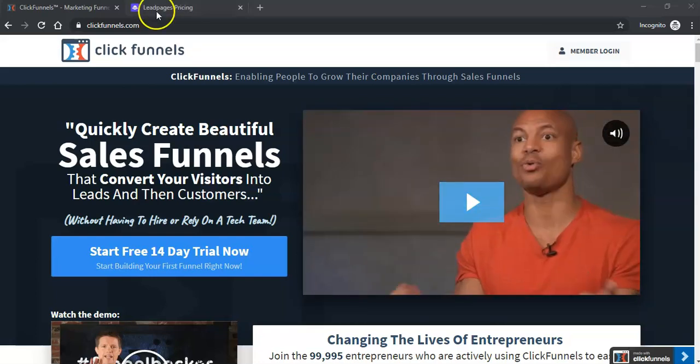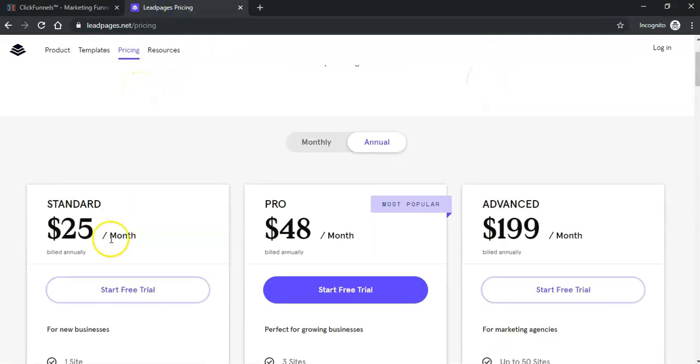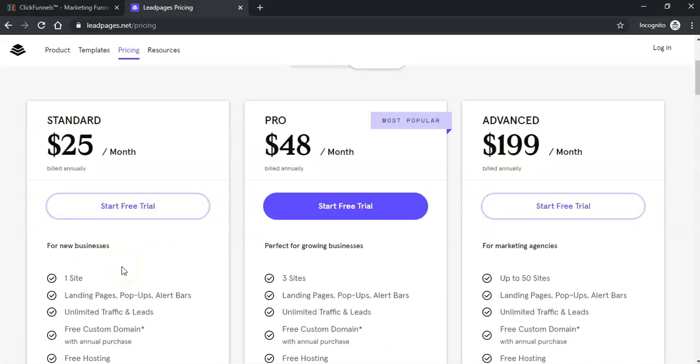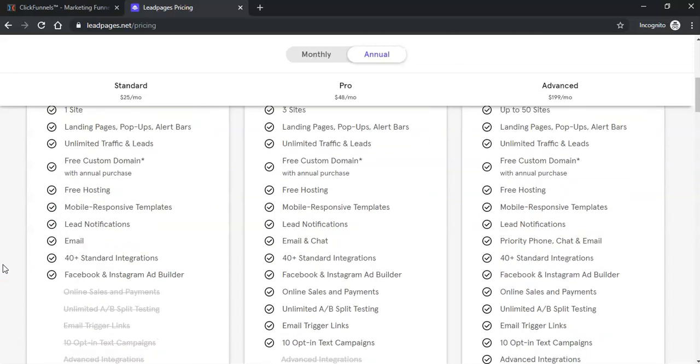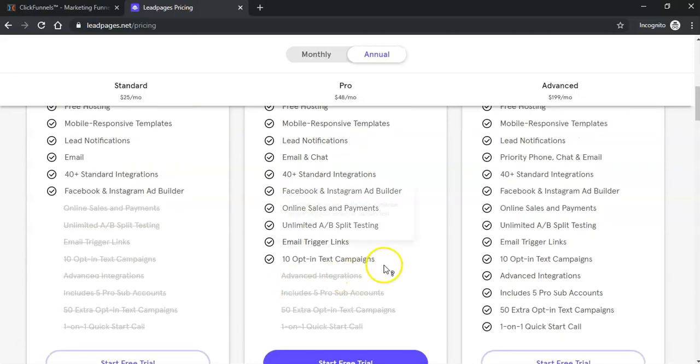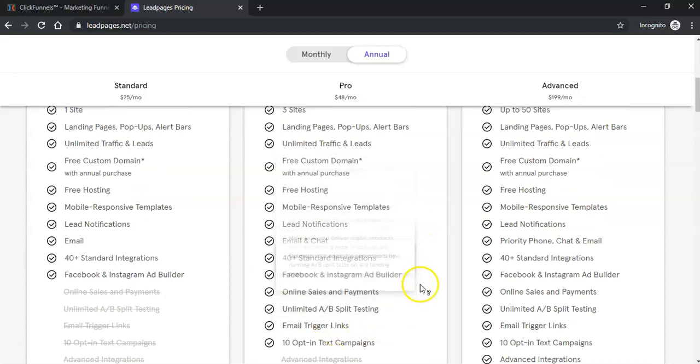On the other hand, Leadpages pricing. Leadpages starts from $25 per month for the standard plan with annual billing. This includes an unlimited number of landing pages, lead box pop-up forms, publishing to WordPress, and help via email. To access features like A/B testing, I believe, email trigger links,